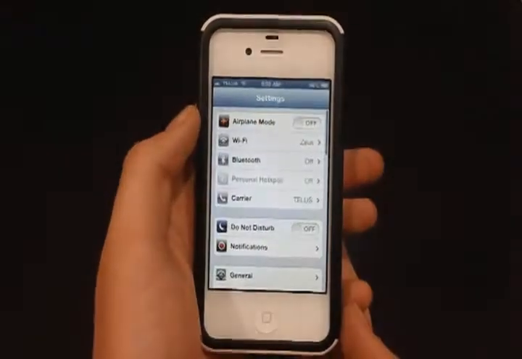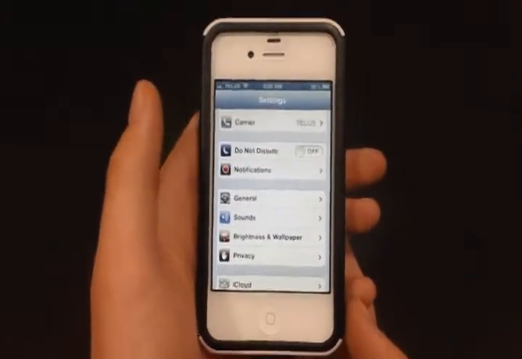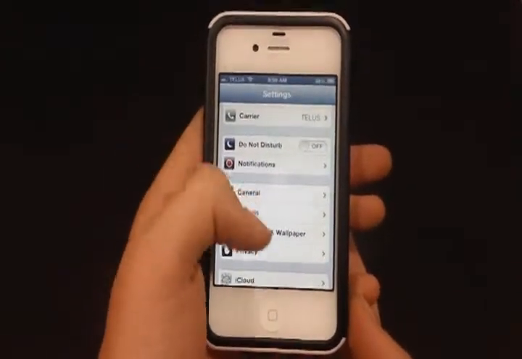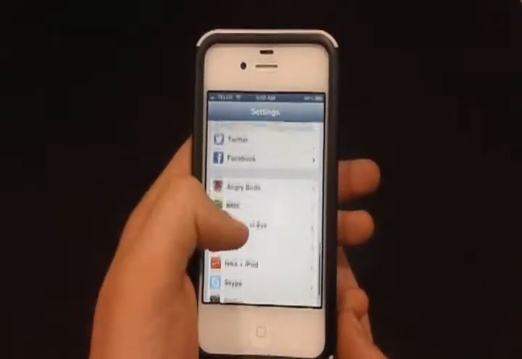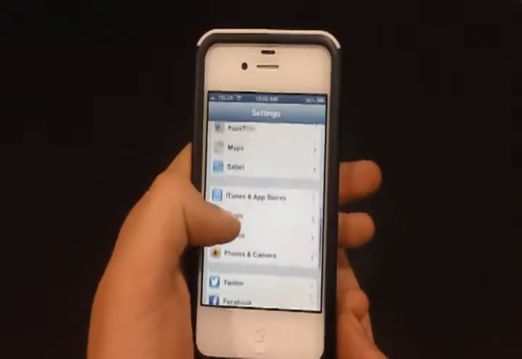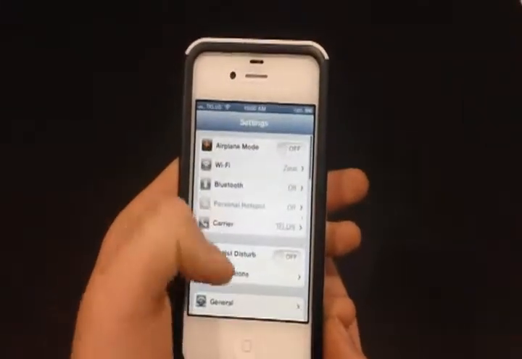So here's Settings, and this is where you're going to find all the general information for all of your apps, all the information you need to know about your phone, and other things like that. All your apps. And in here, General,